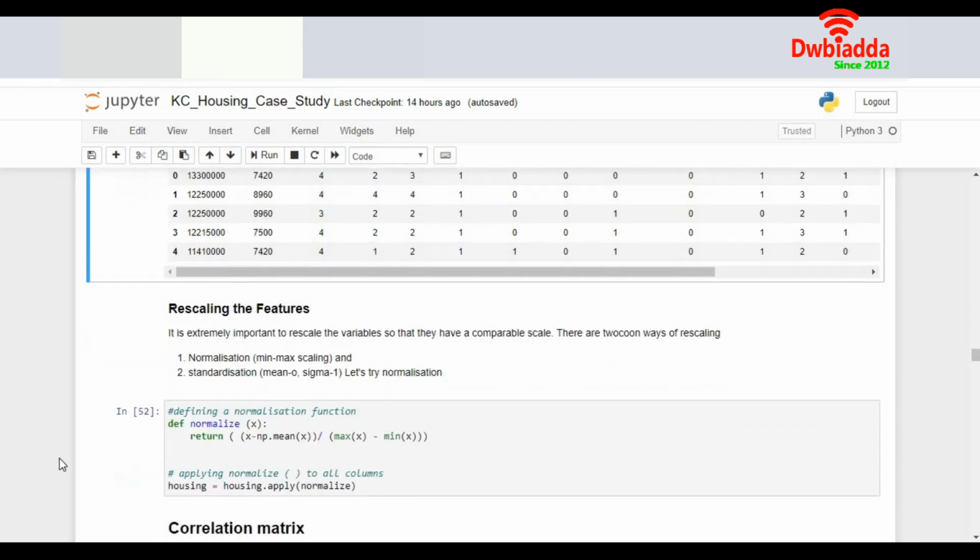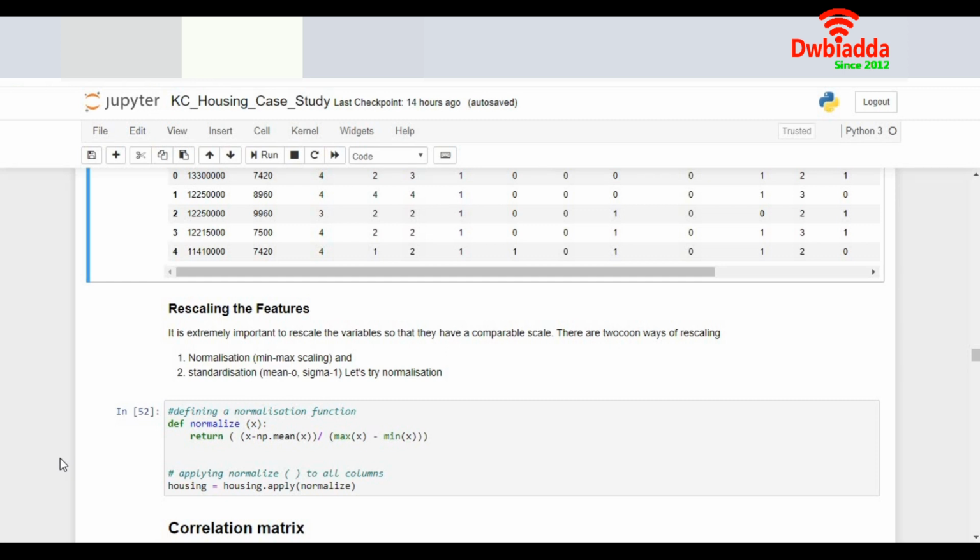Let's try to understand one more feature, which is the scaling of the features. Now, let's say I have data about the health of many people. So one of them is the height, and the other one is, let's say, the weight. The height is in meters and the weight is in kgs. So I'll have the data like 1.5 meters, 1.4 meters, 1.6 meters. That would be my average data for the height, and the average data for my weight could be like 60 kgs, 70 kgs, 80 kgs.